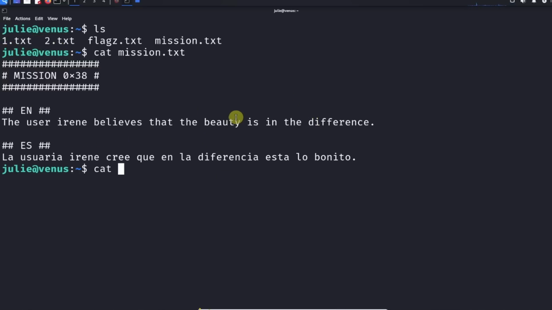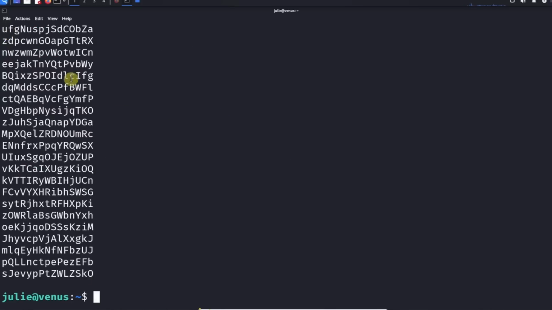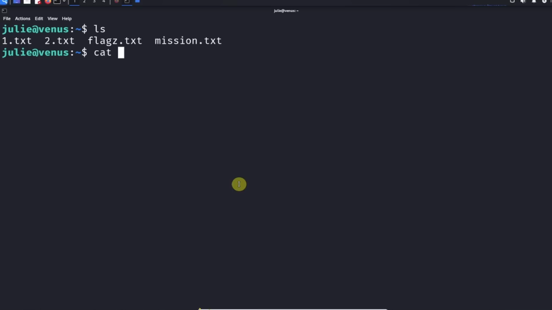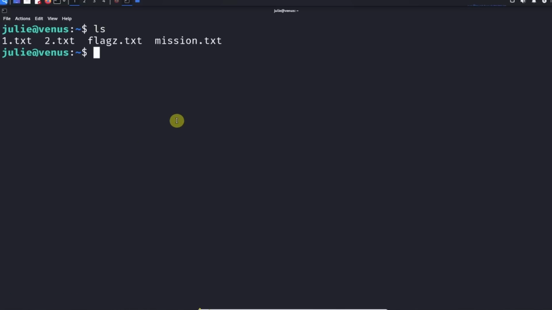If we take a look at 1.txt, we've got a bunch of different passwords over here. So we don't know which one is the correct one. And if we take a look at 2.txt, it's the same thing. So what we need to do to finish this level is to figure out the difference between file number 1 and file number 2. It just so happens that there's a great little command inside of Linux called diff, and you feed it two different pieces of input,